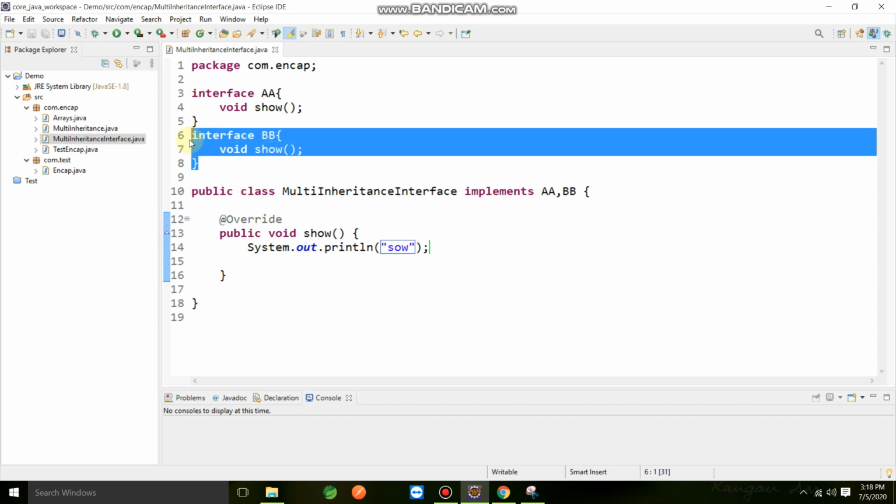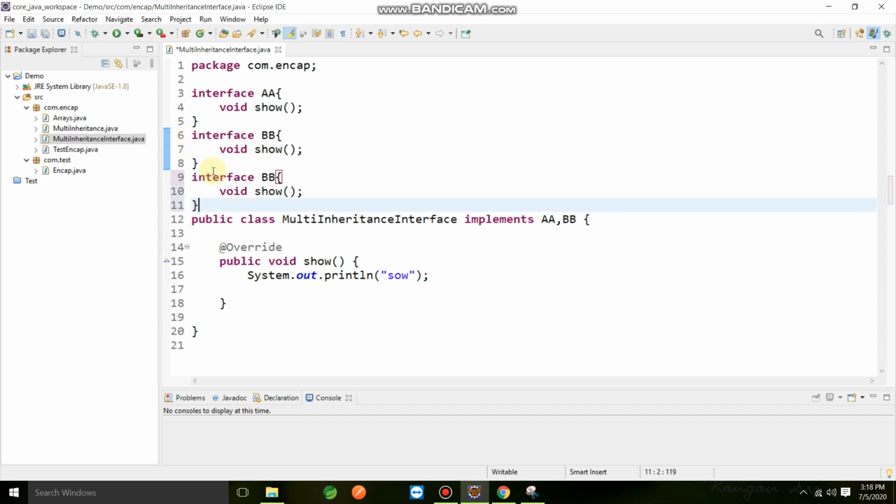We'll take one more thing here. Suppose I'm creating an interface CC, and here, because it's an interface, we extend AA and BB.